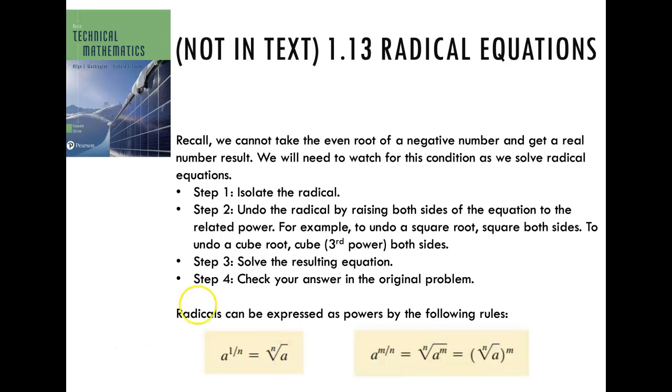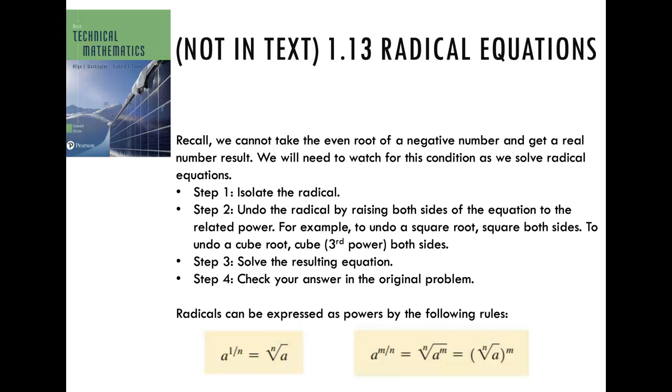So anyway, first of all, we want to recall that we cannot take the even root of a negative number and get a real number result. And we're going to want some real numbers. We will need to watch out for this as we're solving radical equations, because sometimes the solution may be no real number. But our first step is to isolate the radical,